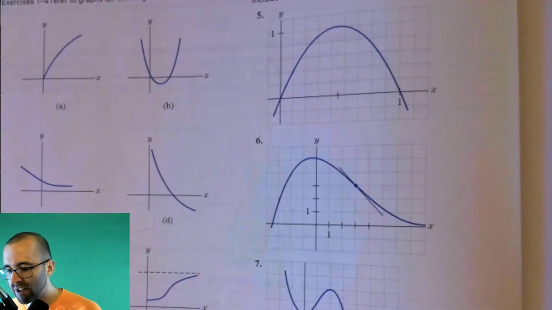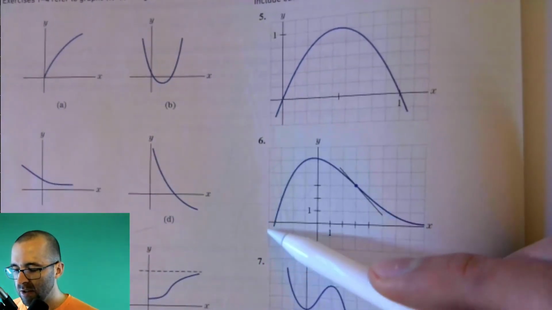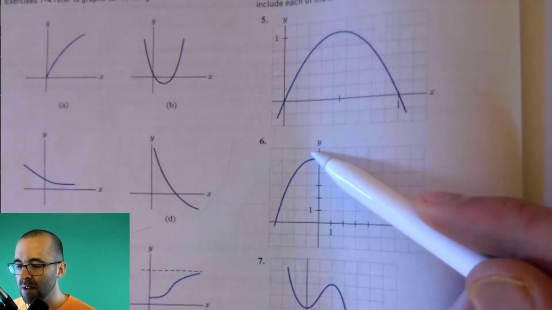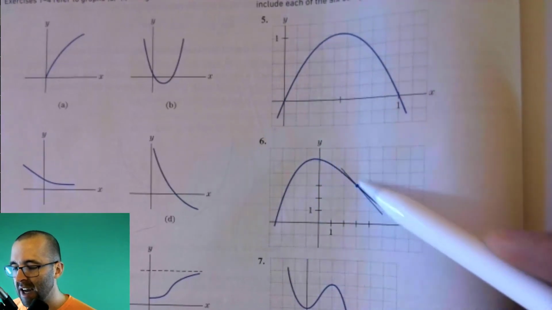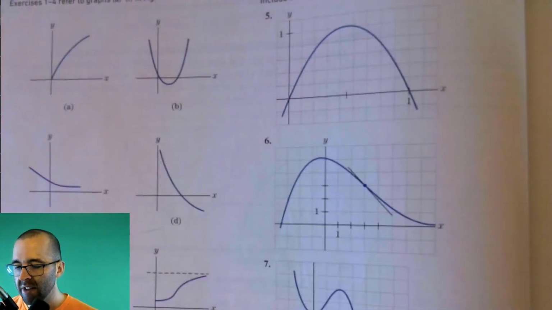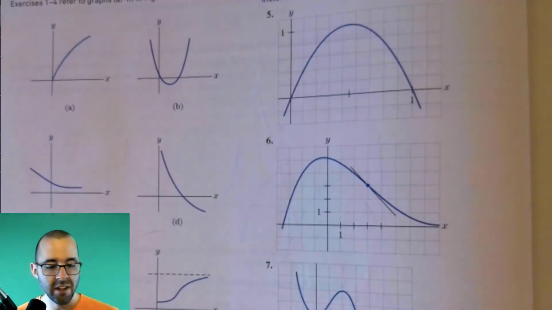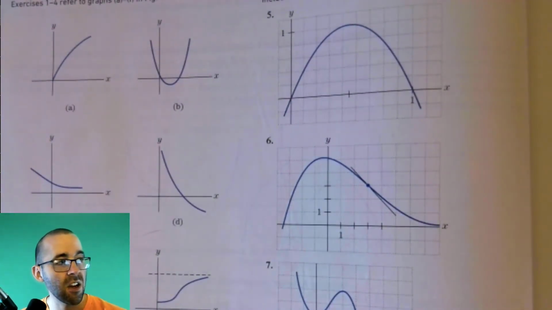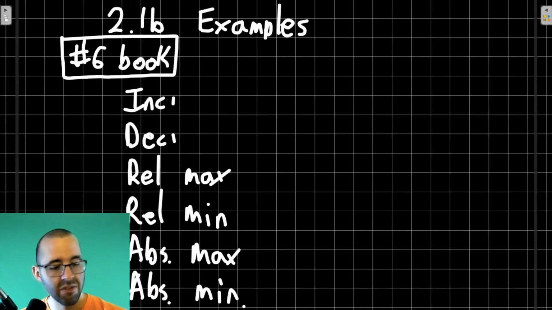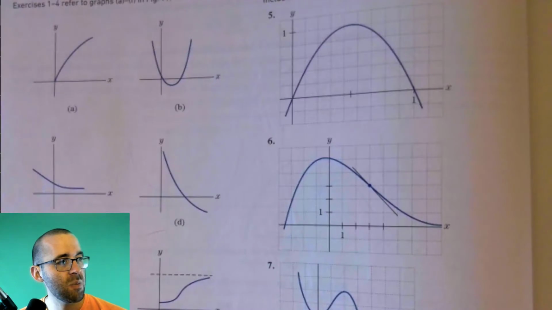All right, so first thing on our definition is where is this function increasing and where is it decreasing? So remember, we go left to right. So we're going uphill, uphill, uphill, uphill. We flatten out, and then it's downhill for the rest. It's uphill until this point, whatever that might be. Then it's downhill for all the rest. And we're going to answer in interval notation. So the furthest to the left it can go is negative infinity. Remember, that's always a parentheses. Now the furthest to the right that it's increasing is going to be,